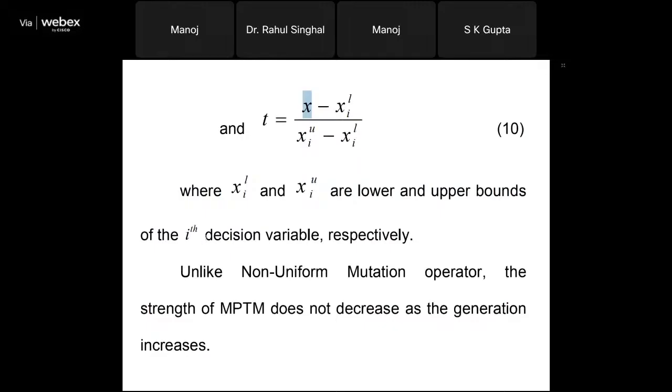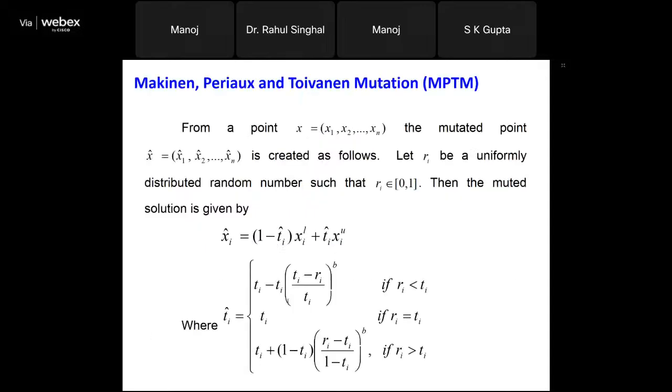Now, how is this different from the non-uniform mutation operator? Unlike the non-uniform mutation operator, the strength of this does not decrease as the generation increases. You see that nowhere here is any information about the generation number used. It is independent of how many generations the code is running for, or which particular part of the evolution process